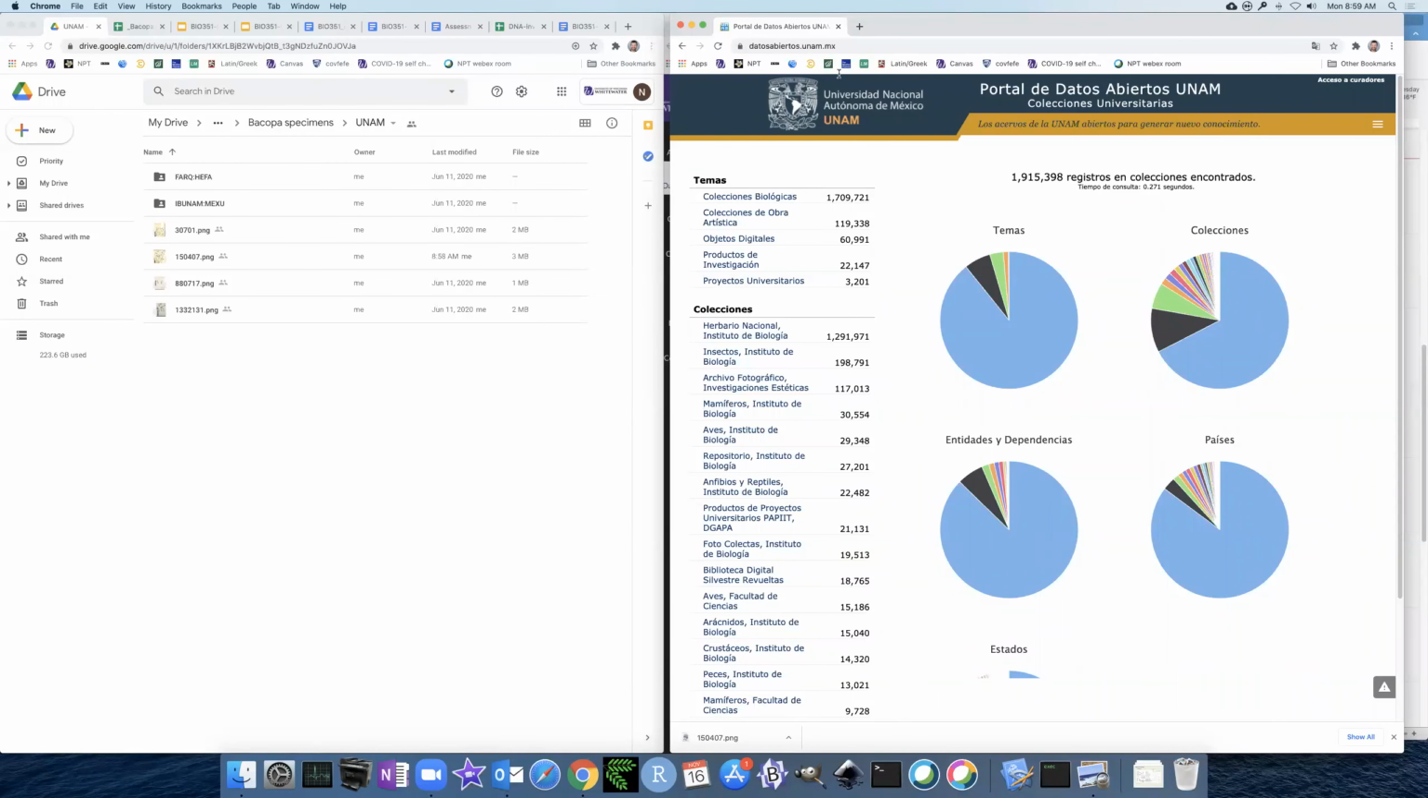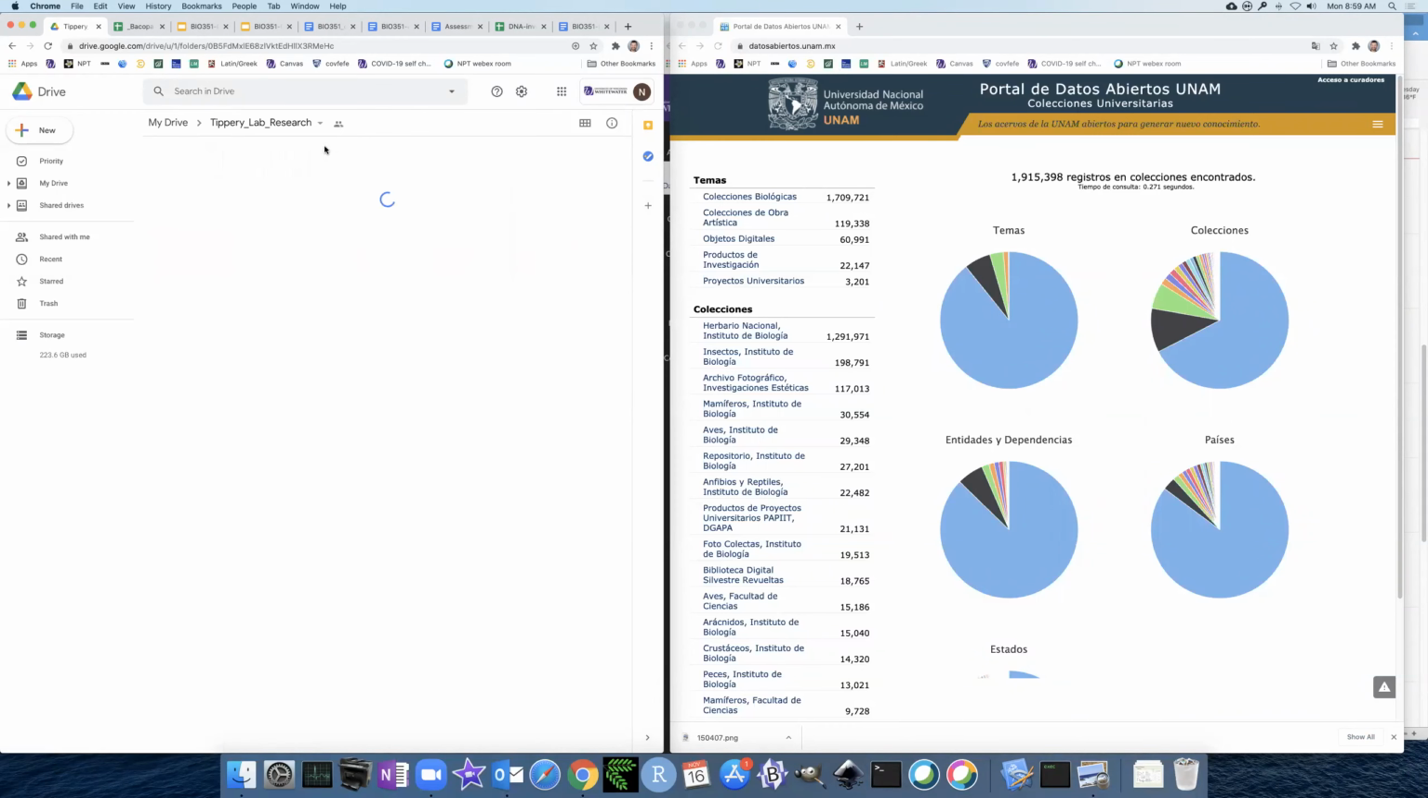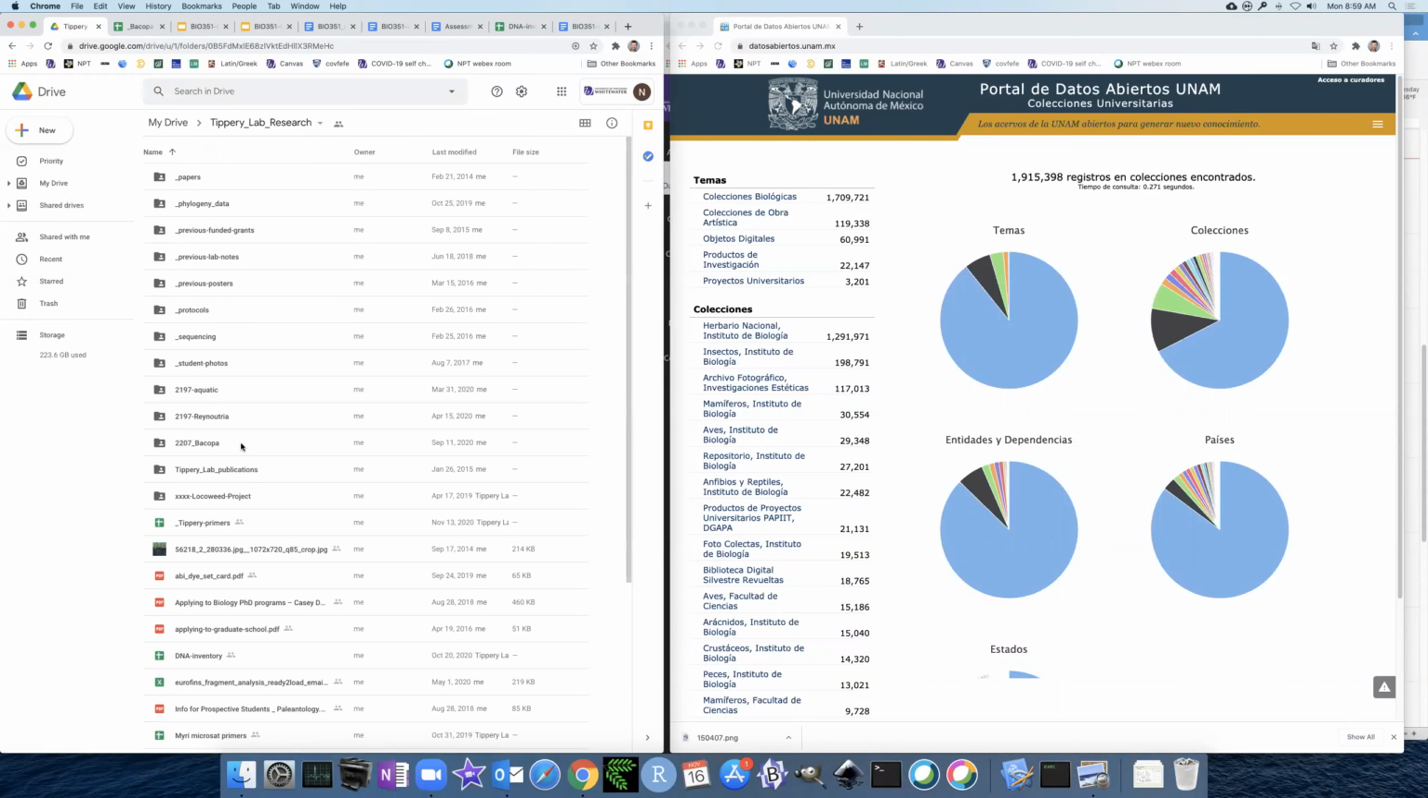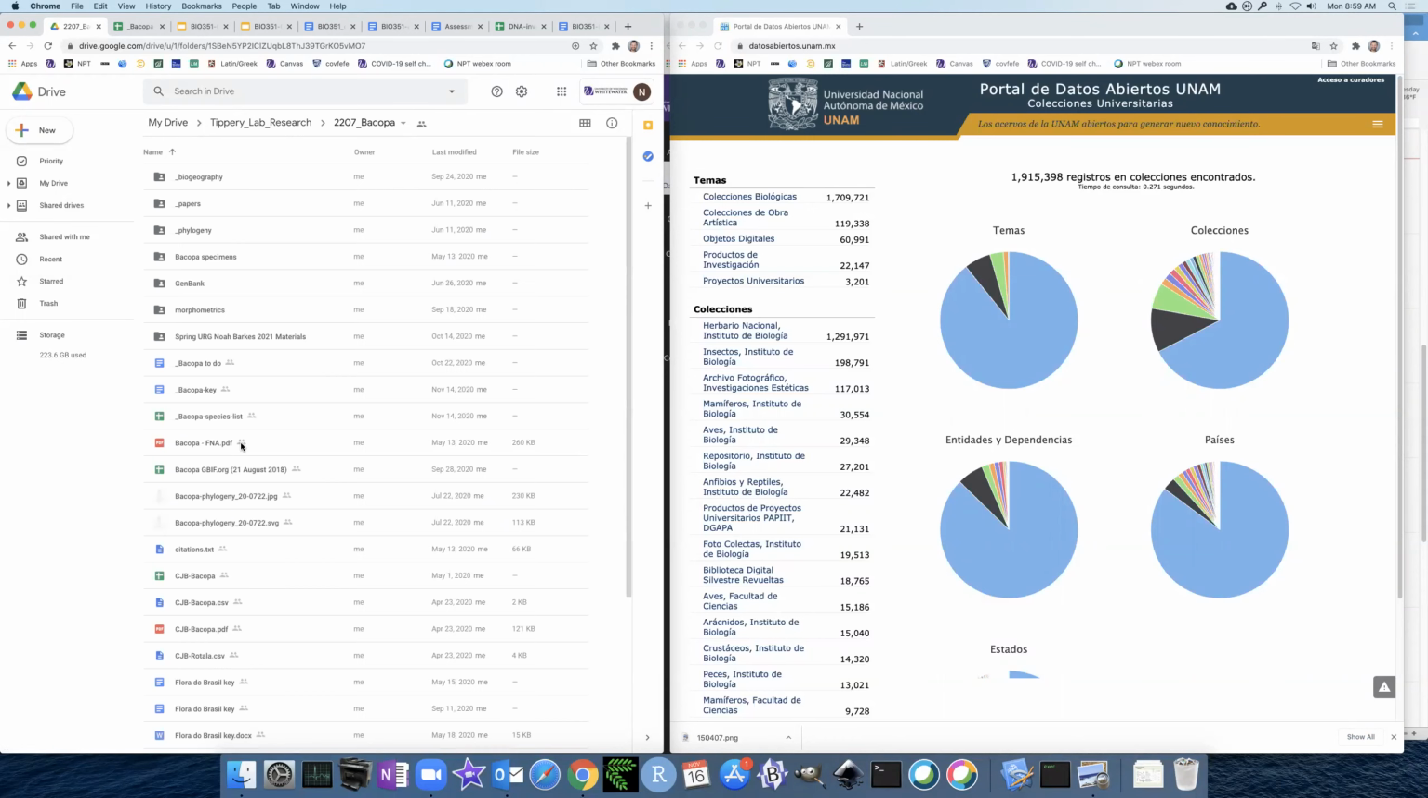So this video is going to show you how to download some images of herbarium specimens using the Mexican Autonomous University portal. Its acronym is UNAM, and we're going to use that as our herbarium code for the folder to put these into. So in the Bacopa project, Tippery Lab Research, Bacopa folder, then there's Bacopa specimens,